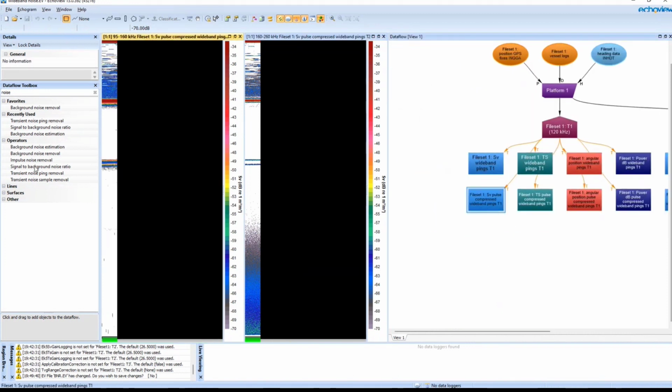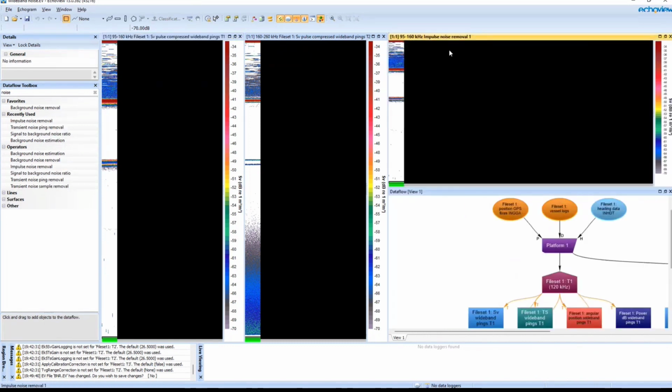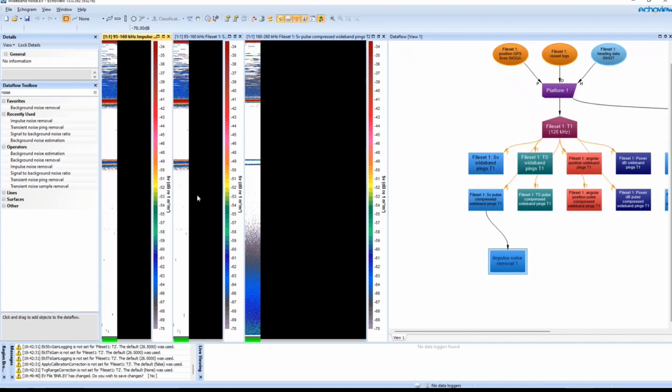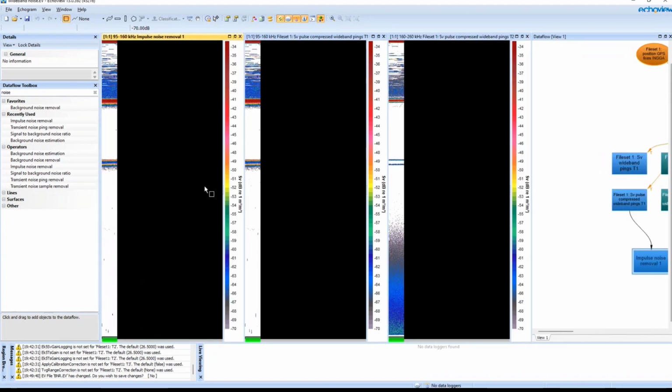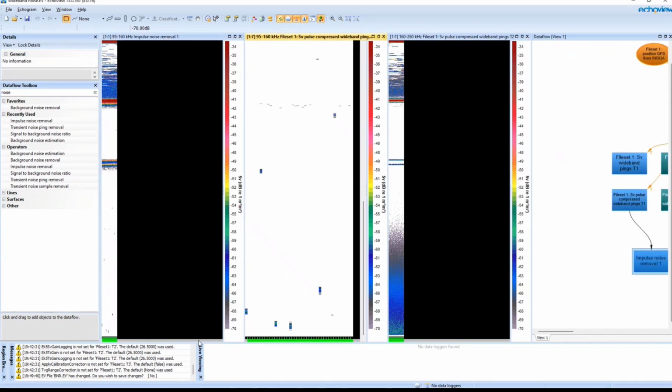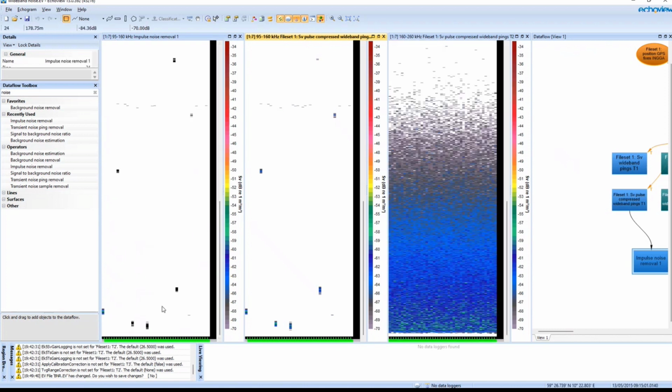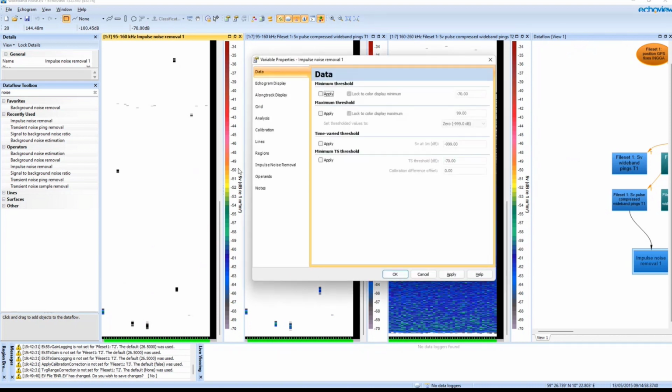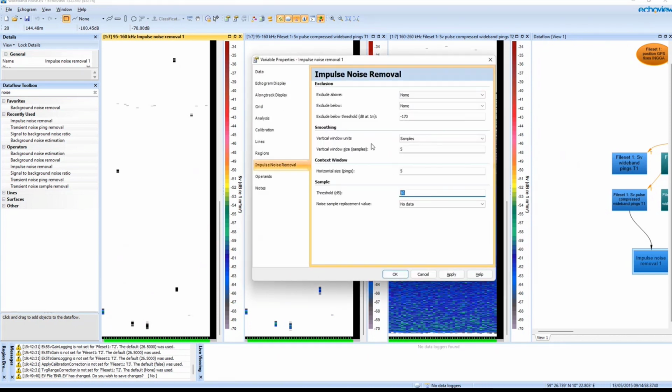So for T1, we want to use impulse noise removal. Drop that into my data flow. These side by side. So the default settings have picked out most of this impulse noise, but I can refine it a little bit more. Change the threshold just down a little.